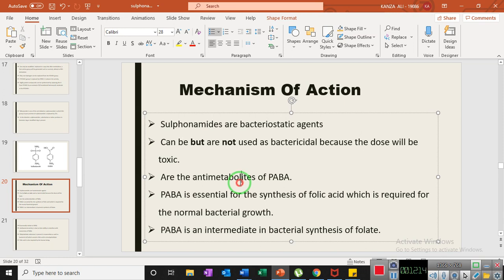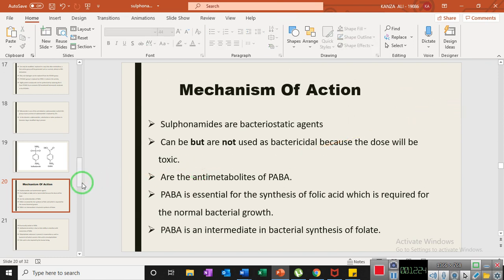Due to the structural similarity, that molecule can enter into the specific metabolic pathway, but as it does not have the same, 100% similar structure and has some differences, that compound cannot serve the purpose of that metabolite, and hence we are using the term